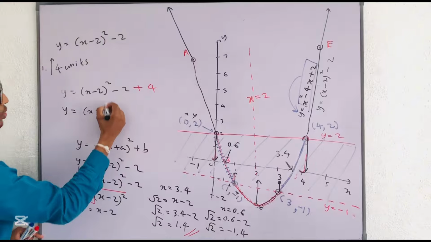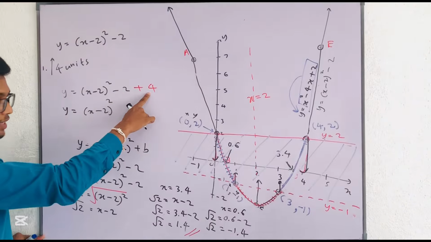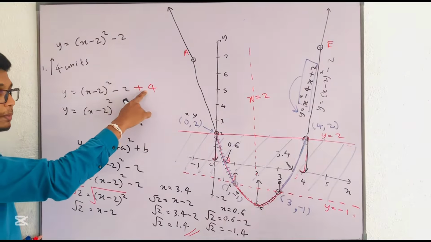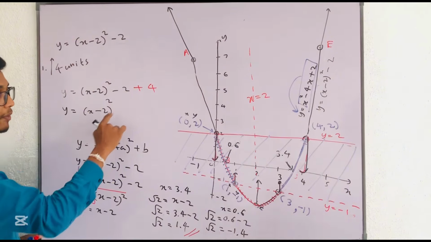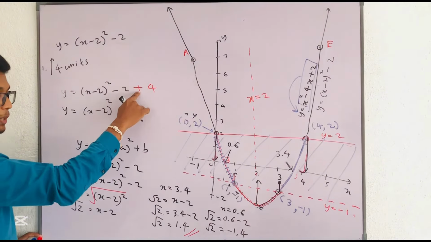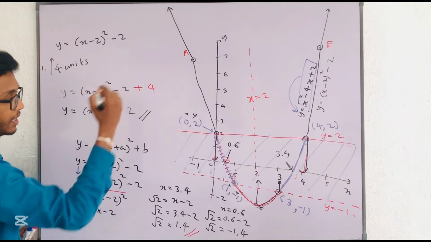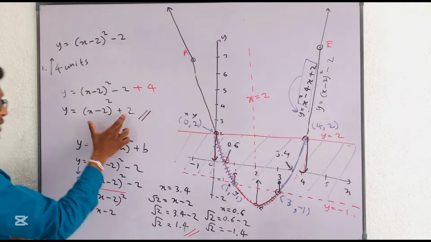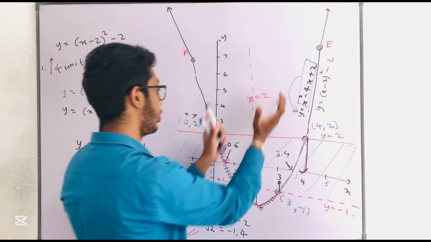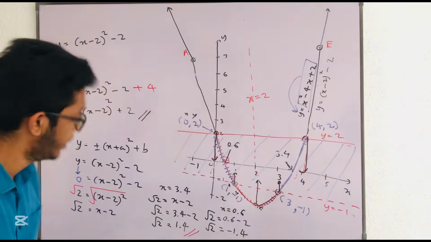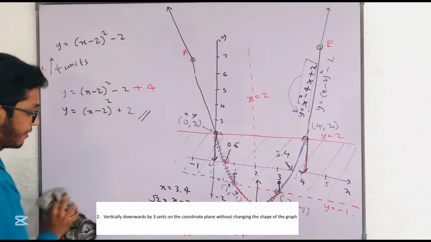Then (x minus 2) squared minus 2 and plus 4 gets simplified. We have different signs, so we subtract the smaller value from the bigger one and we put the sign of the bigger value. When we subtract 2 from 4, we get 2. The sign of the bigger value is plus. So the answer is plus 2. So the new function obtained by taking this graph vertically upwards by 4 units is (x minus 2) squared plus 2. And in the second part they have asked,